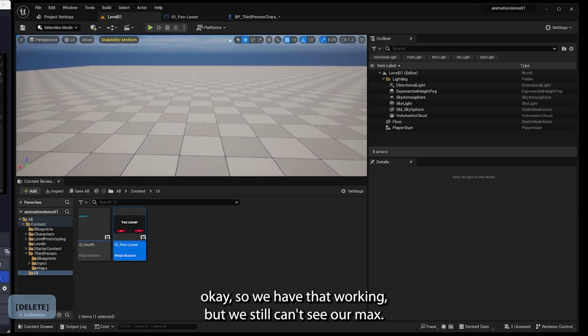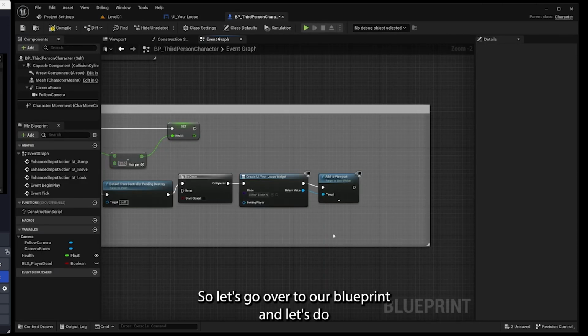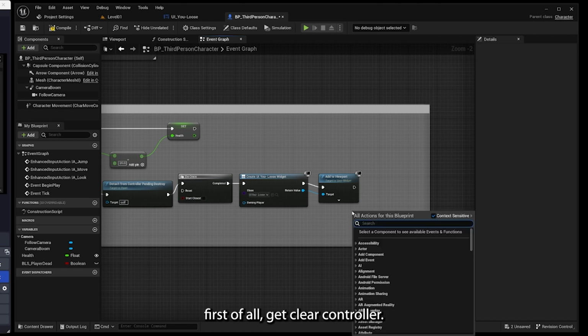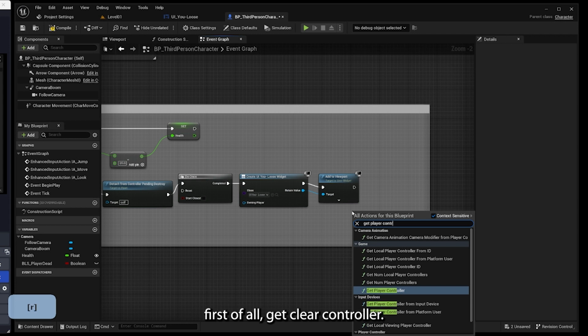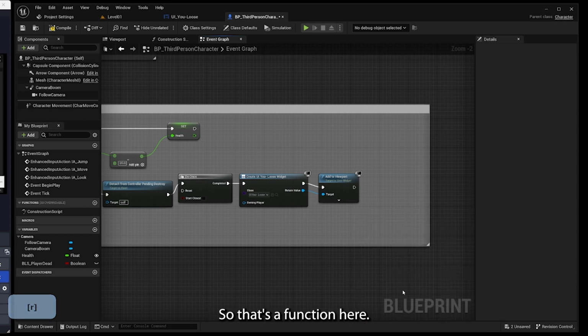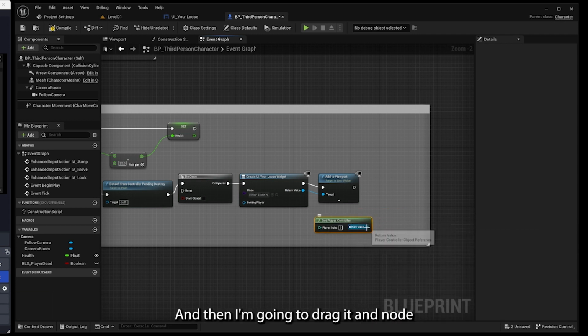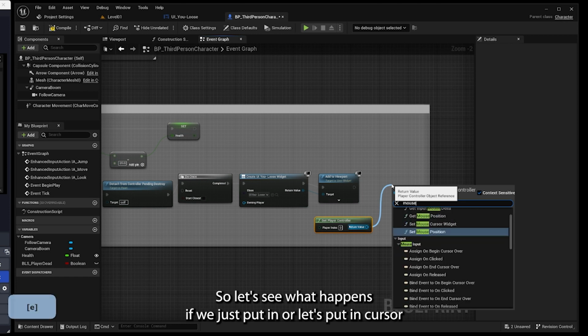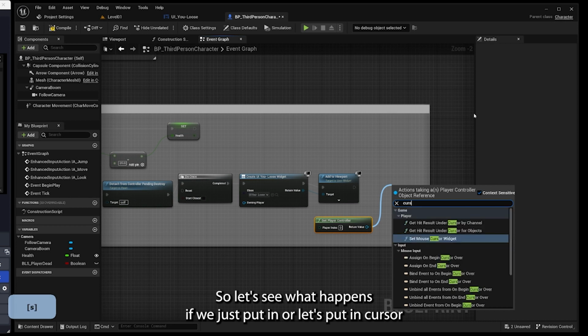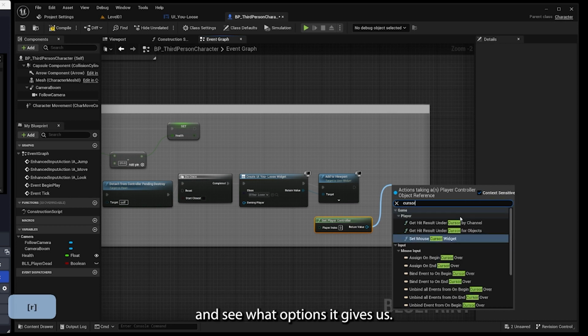And we're out. Okay, so we have that working, but we still can't see our mouse. So let's go over to our blueprint. And let's do, first of all, get player controller. So that's a function here. And then I'm going to drag out a node from here that we're going to find. Essentially, we need to find the mouse. So let's see what happens if we put in cursor